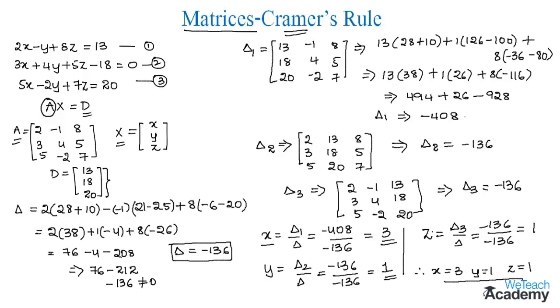In order to check whether these solutions are the unique solutions, you need to substitute them in any one of the equations. And make a note that in Cramer's method, we need to find delta 1, delta 2 as well as delta 3. So this is how we solve equations using Cramer's rule.